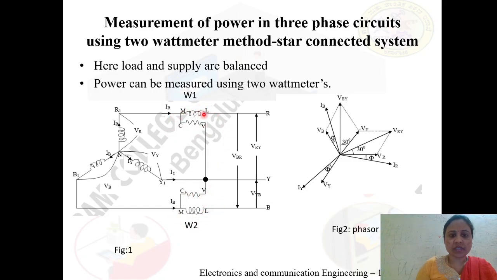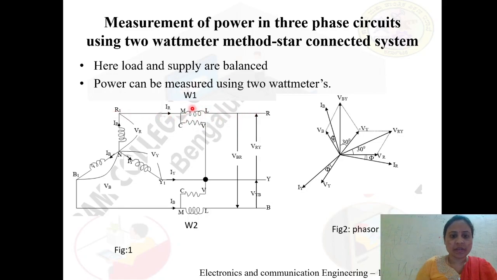We can notice each wattmeter has a current coil and a voltage coil. Whatever we have indicated with an inductive symbol is a current coil, and the resistor one is a voltage or potential coil. So M stands for main, C is common, V is voltage, and L stands for line here.